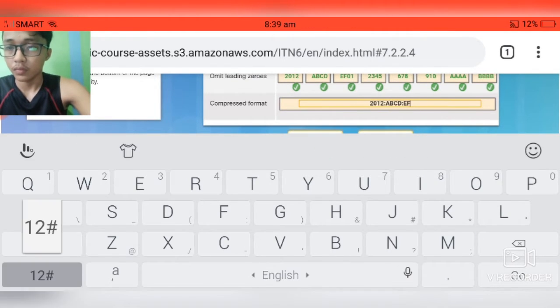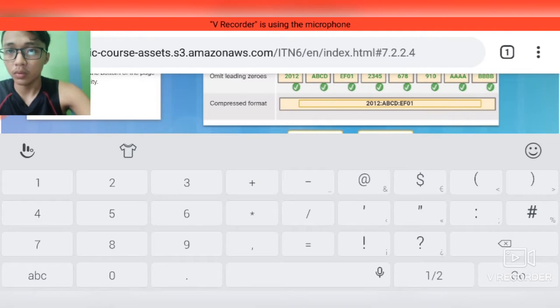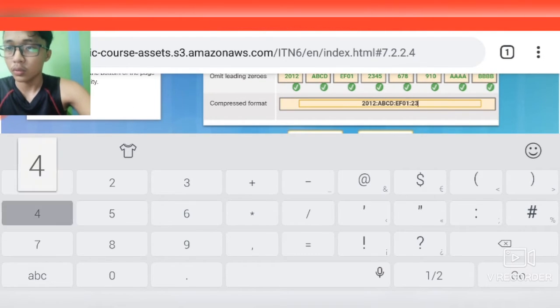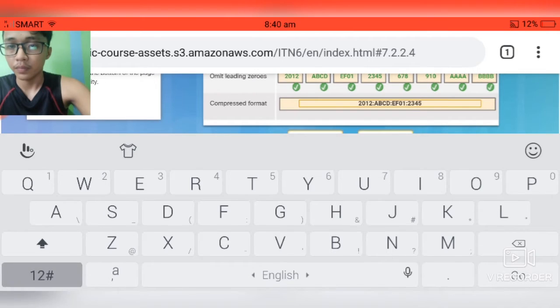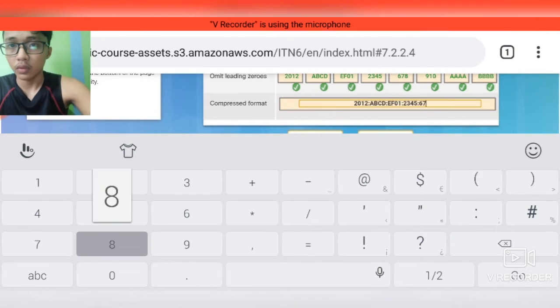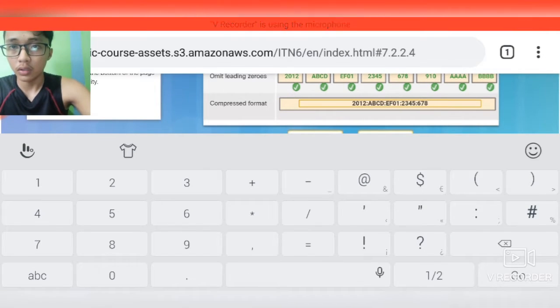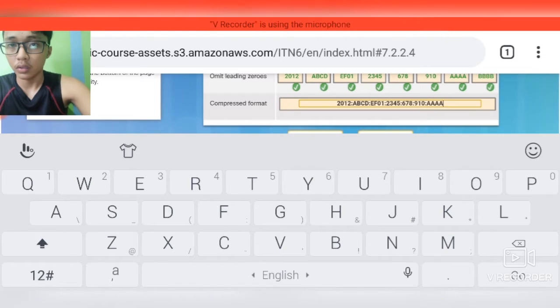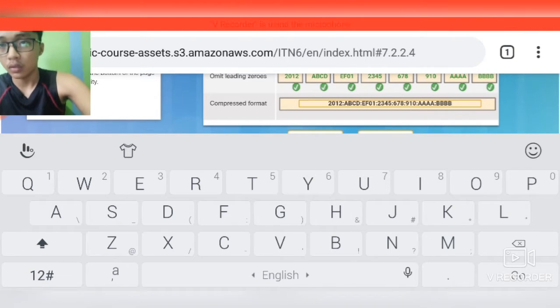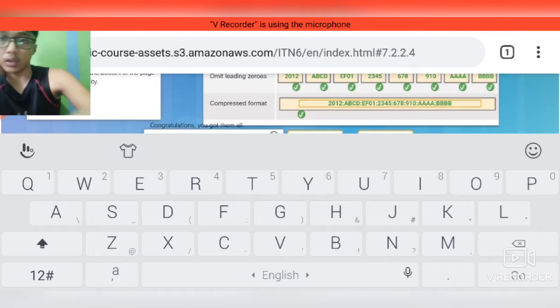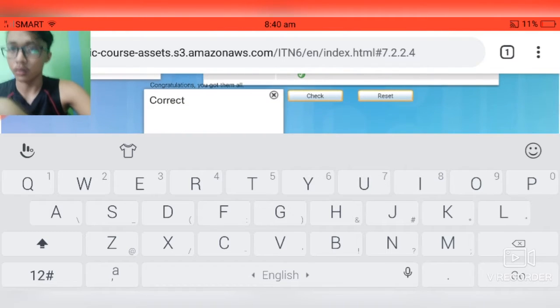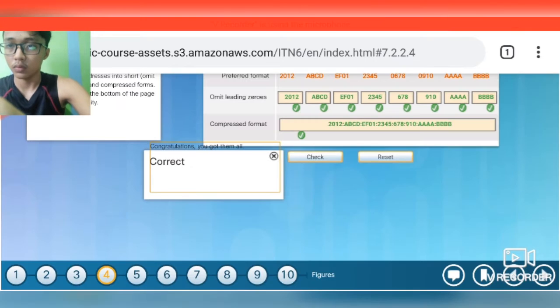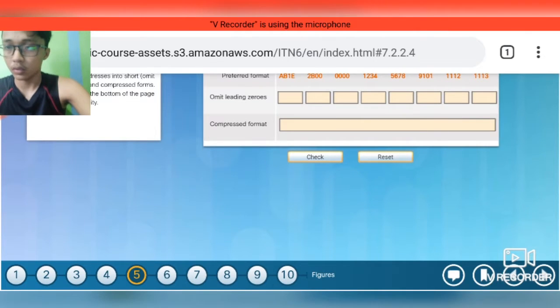We have 0, 1, 2, 3, 4, 5, 6, 7, 8, 9, 1, 0, AAA, and BBB. So correct. So we are now going to the figure 5, which is